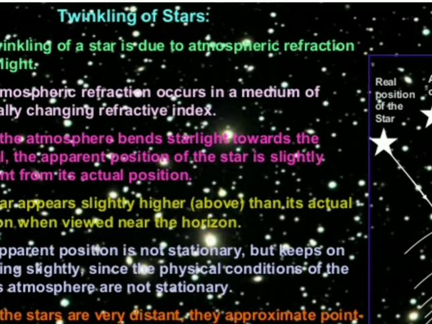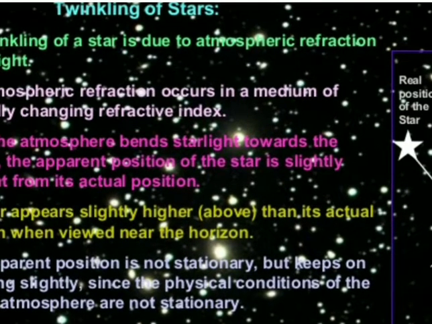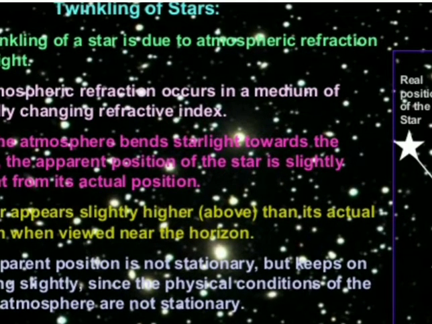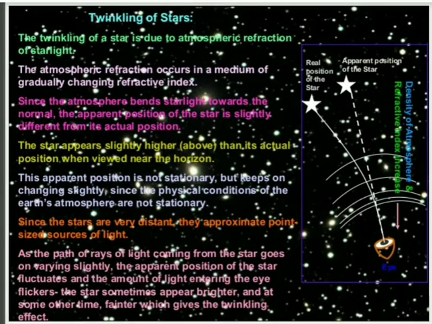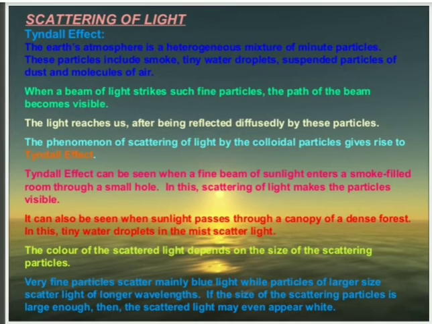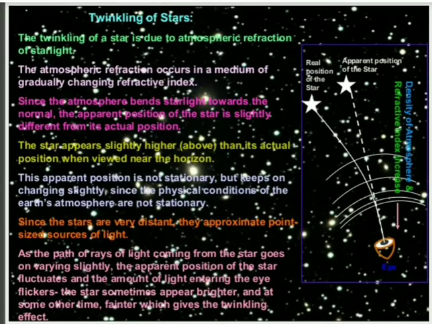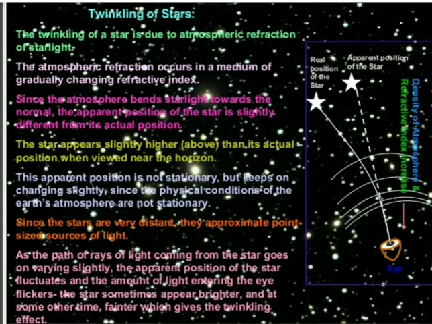Okay, so what is the phenomenon behind the twinkling of stars? That is atmospheric refraction. The different densities of layers give different refractive indices, and due to all this the stars appear twinkling to us. So I think this phenomenon is also clear to you. Next, one more thing I want to discuss here with you, that planets do not appear to twinkle.